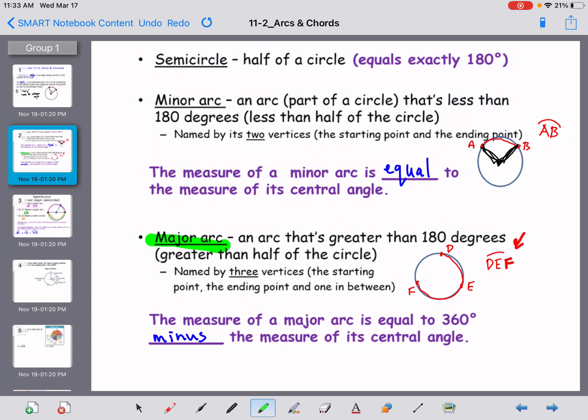So it's bigger than half of the circle, and you have to use 3 vertices. You have to have a starting point, somewhere in the middle of it, and then the ending. So right here on our right, down near the bottom, is the major arc D, E, F. So I start at D and I go